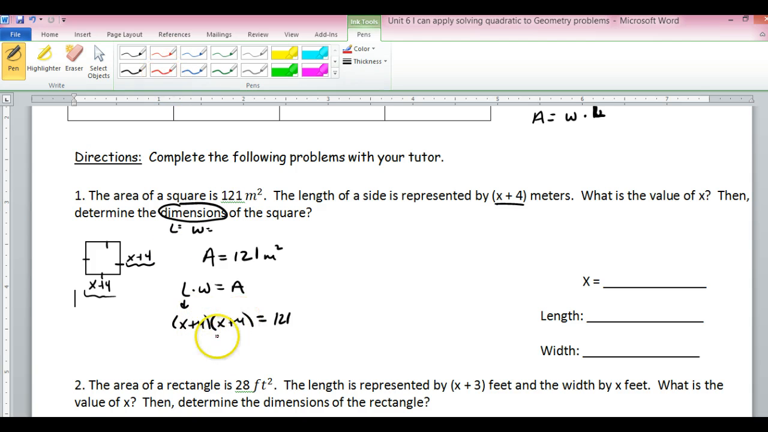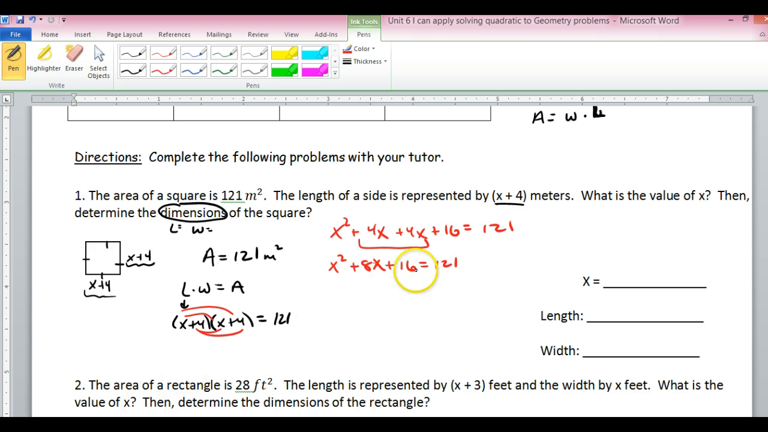The first thing in solving this quadratic is multiplying these two binomials out. So we do what we did last chapter by multiplying all these terms, distributing twice here. x times x is x squared, plus x times 4 is 4x. 4 times x is 4x, and 4 times 4 is 16. Remember, this is still equal to 121. When you combine like terms in the middle here, you end up getting x squared plus 8x plus 16 equals